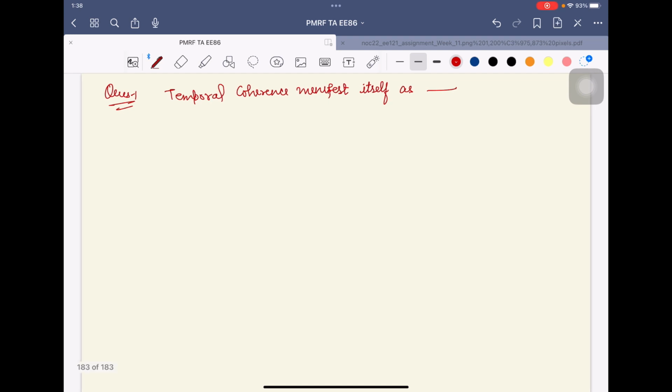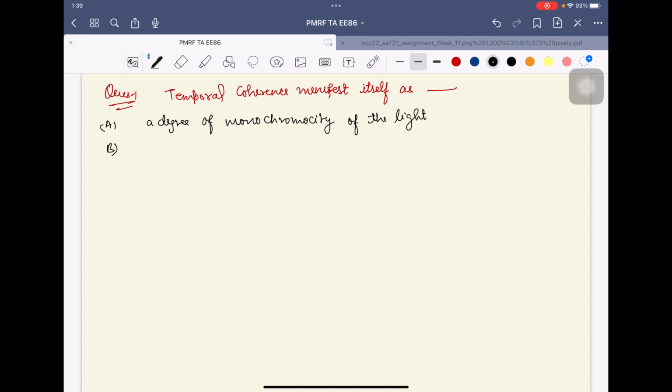The options are: A is a degree of monochromicity of the light,